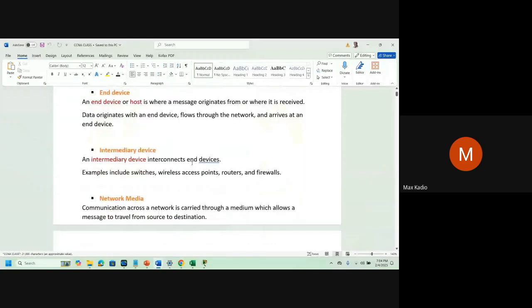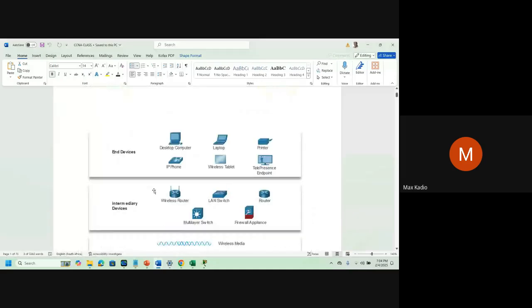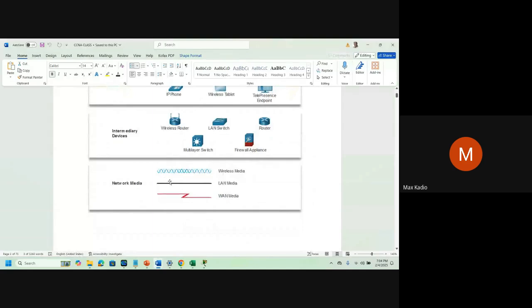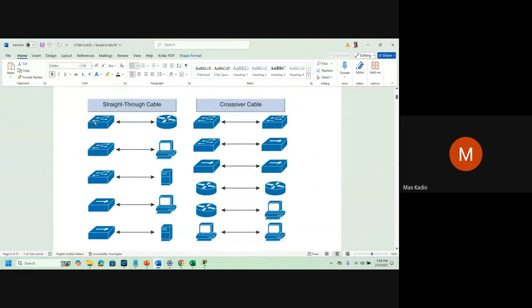So in a network, we have end devices, intermediary devices, and network media. Network media can be wireless or wired with Ethernet, or the wide area network. We'll show you later. If you want to connect a switch to a router, we have a type of cable.